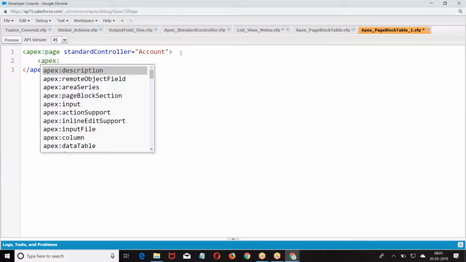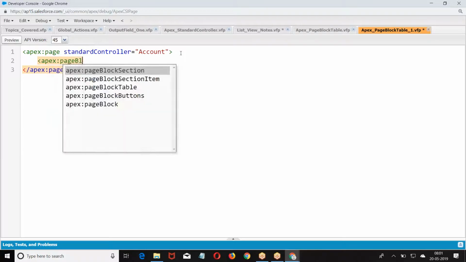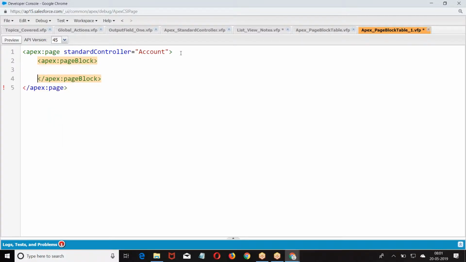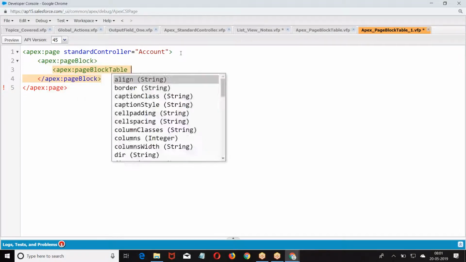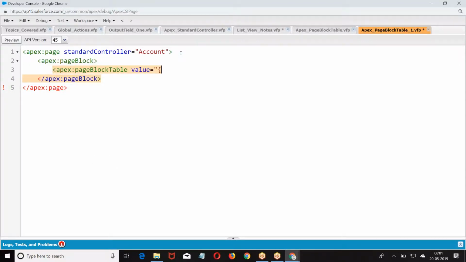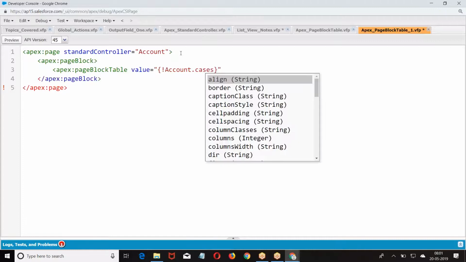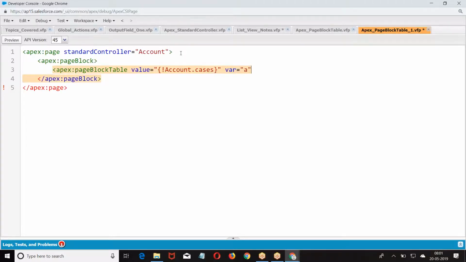Now I am not taking the record set flag. Value equals account dot, the account which I am referring to, that account's cases.